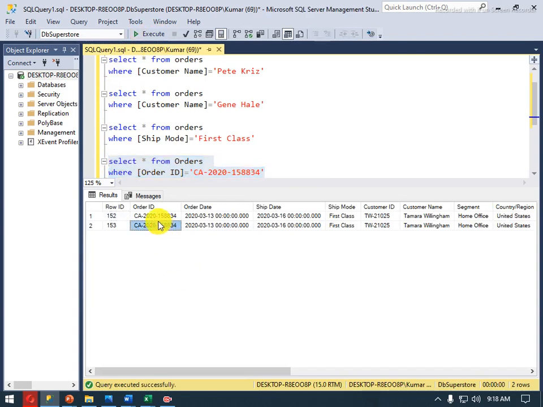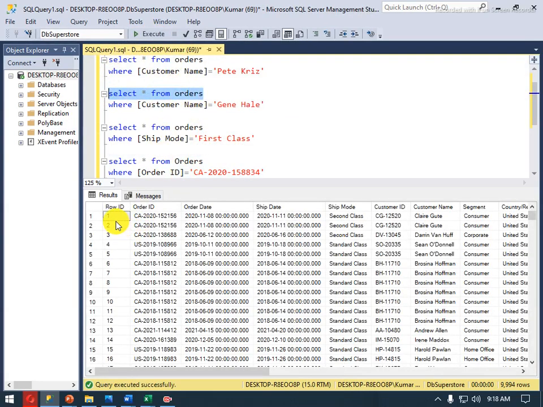Now I notice that I get the particular records, but SQL Server doesn't know by default where these records are situated. So SQL Server will go through each row. This is called a table scan, which means it will scan the entire table, each and every row one by one. So it will take some time. Actually this is not very huge data, but in real life when you are working on a project, it may be millions of records, so it will definitely impact the processing.